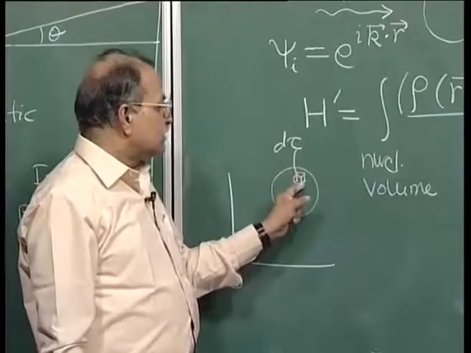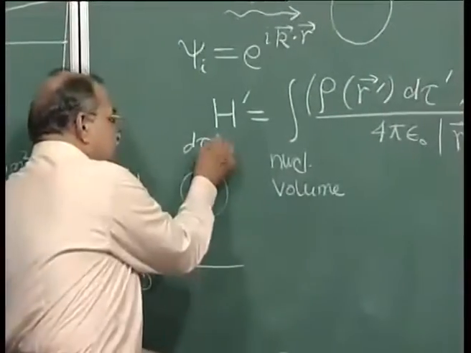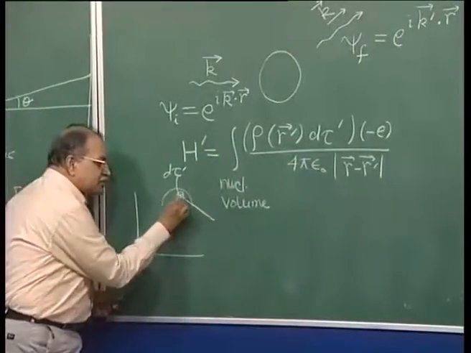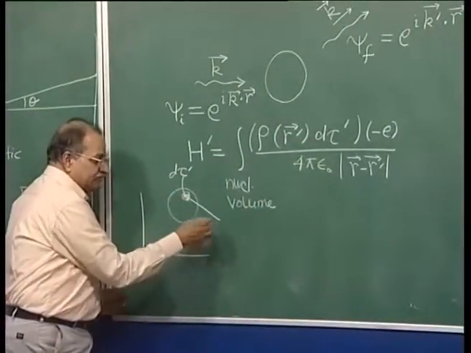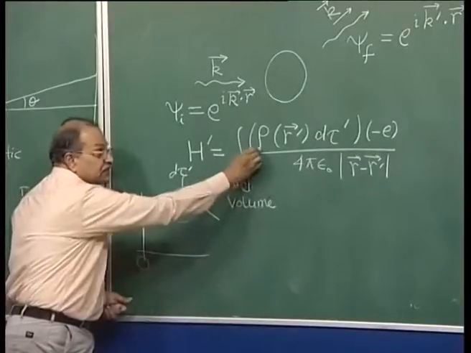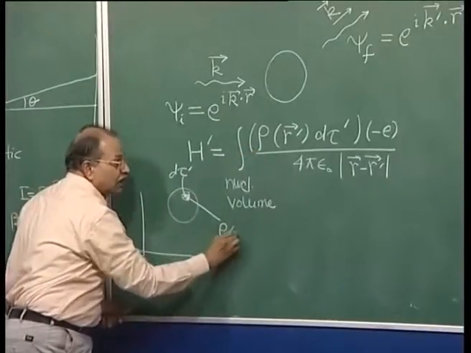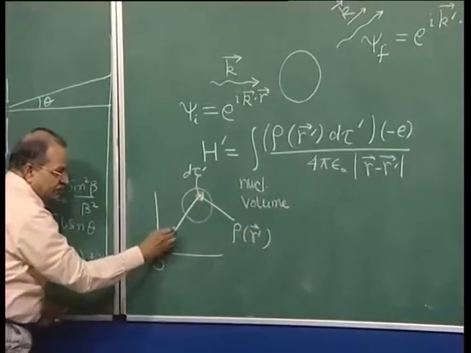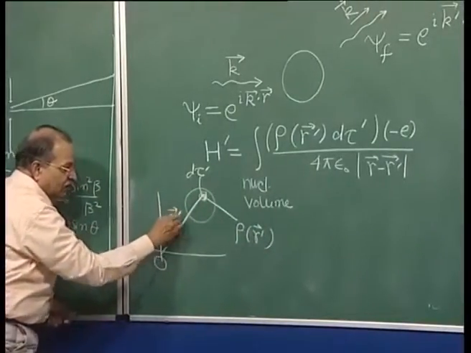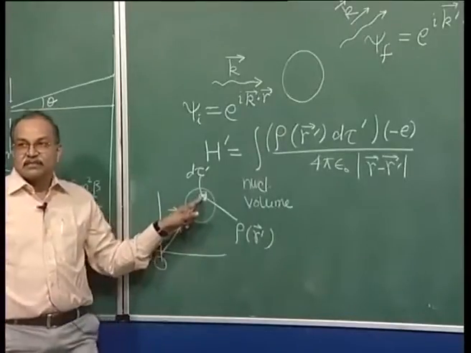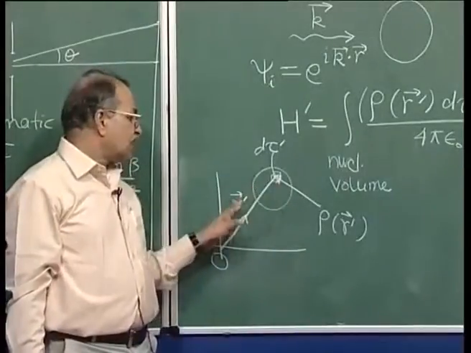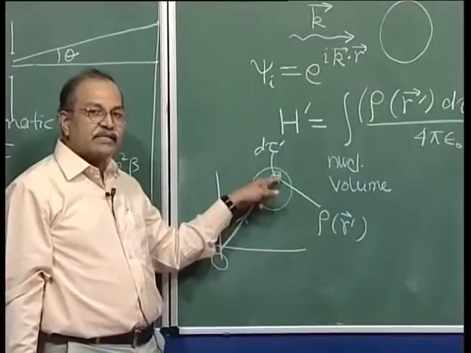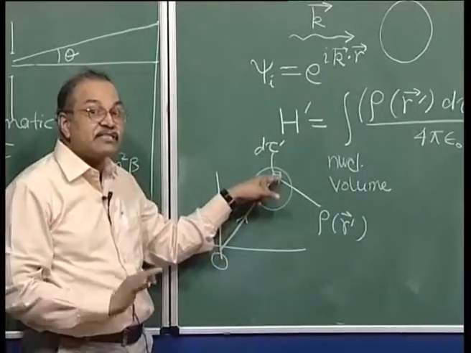So, this is d tau prime, this one, and here at this position the charge density rho r prime. What is r prime? R prime is the location vector, the position vector of this element. So, at this r prime vector you take a small volume element and the charge density here is positively charged,